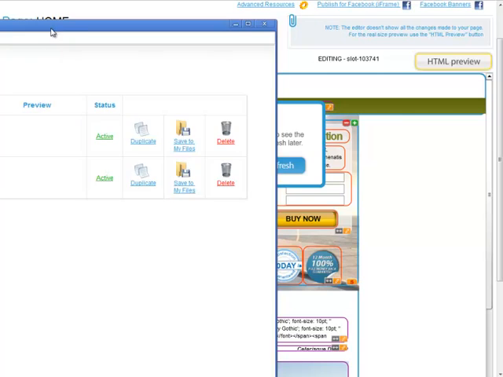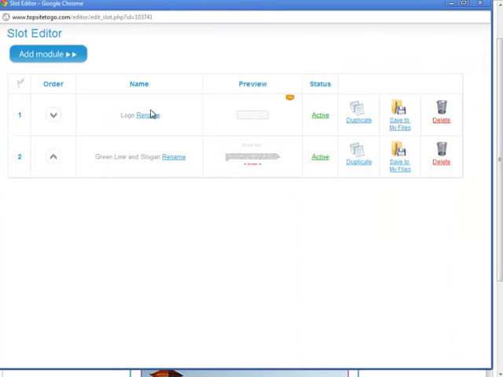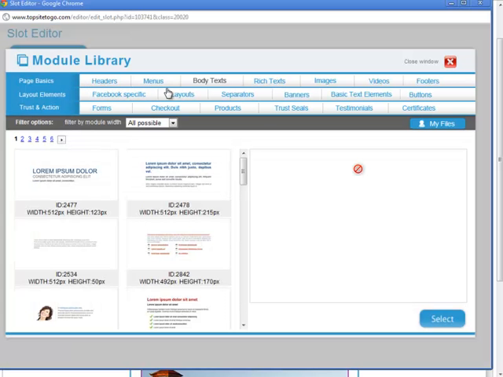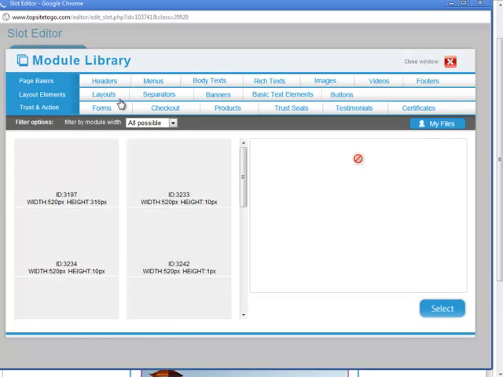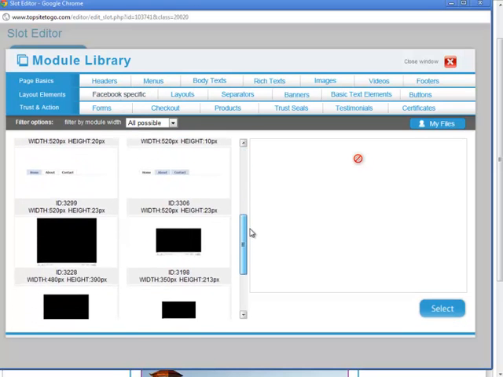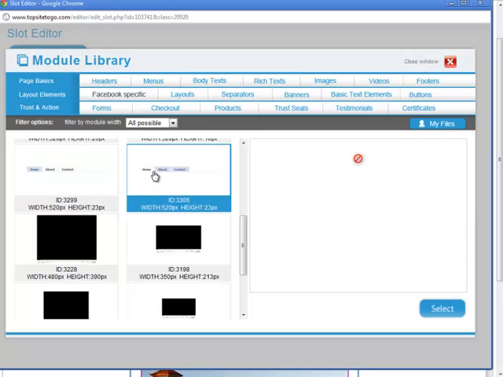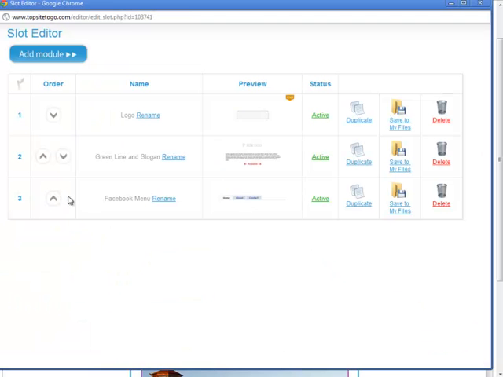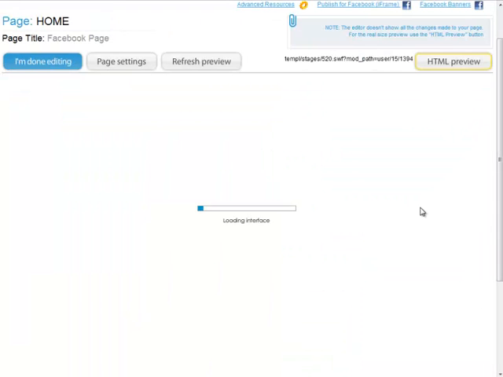I'm going to click on this header button, and I have two elements, logo and green line, etc. I'm going to click on add module, and I'm going to pick not menus, but Facebook specifics, because our designers just created a beautiful old-fashioned Facebook menu that we can use. I'm going to click here and put it on top of everything. Okay, I'm going to close this and refresh my editor,